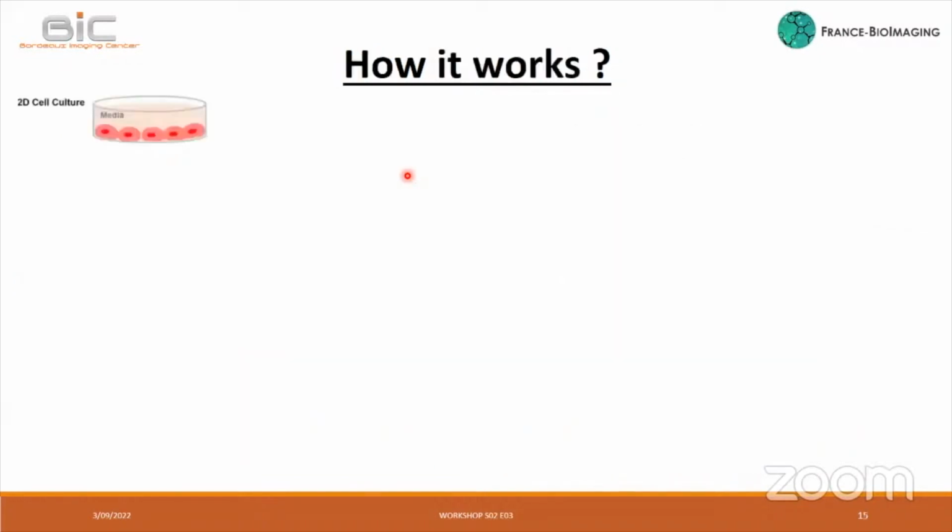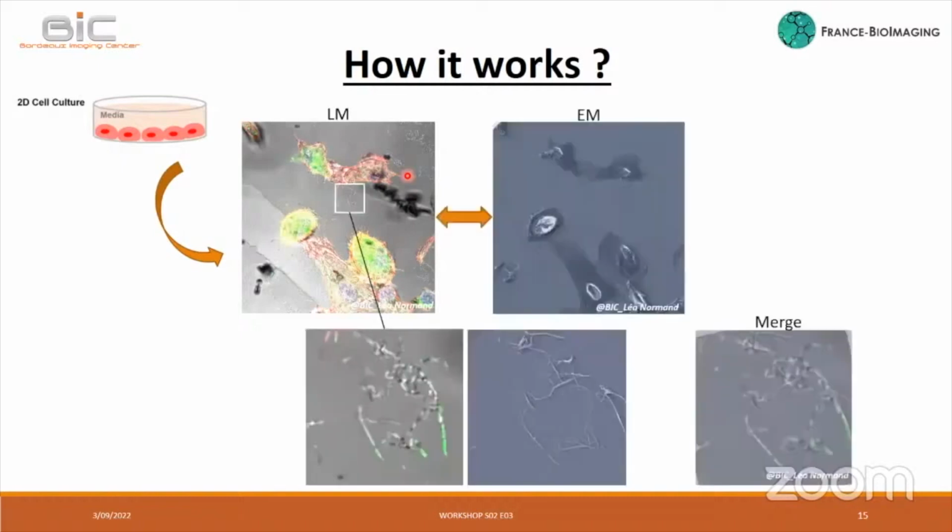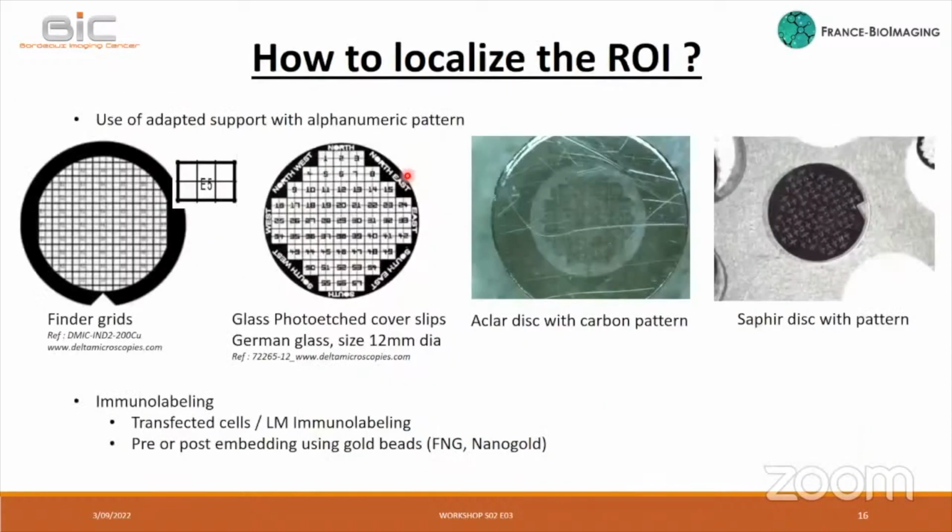So how it works technically: we start with a 2D cell culture. Then we do an immunolabeling, and we observe in light microscopy and localize a region of interest. Then we treat the same sample for the electron microscopy and we image. And the aim is to localize the same region of interest in order to analyze at high magnification and obtain the ultrastructural context. So you understand that the key of this technique is the capacity to localize the same region of interest. And to do that,